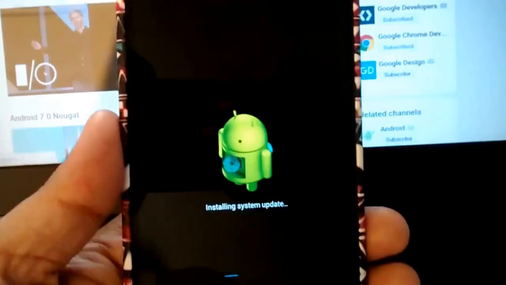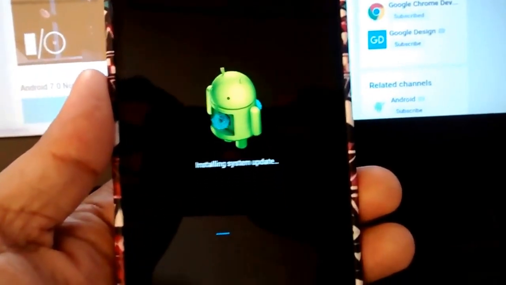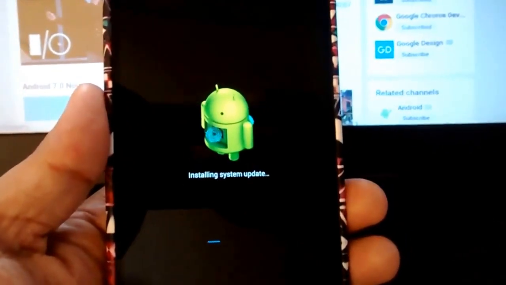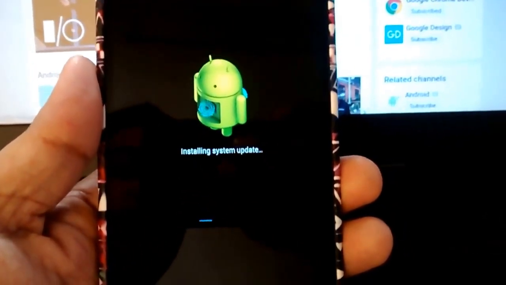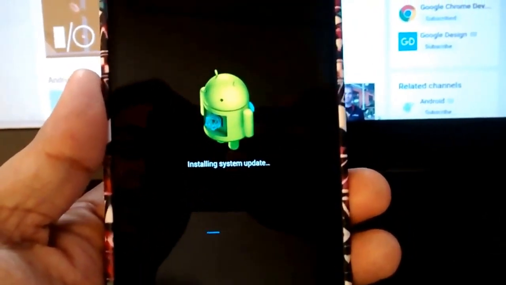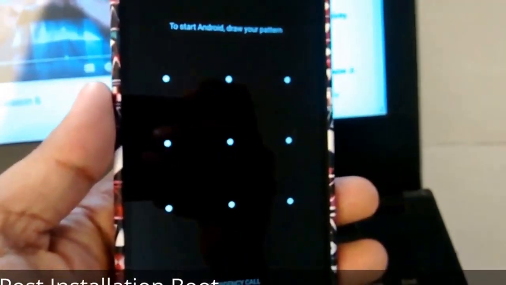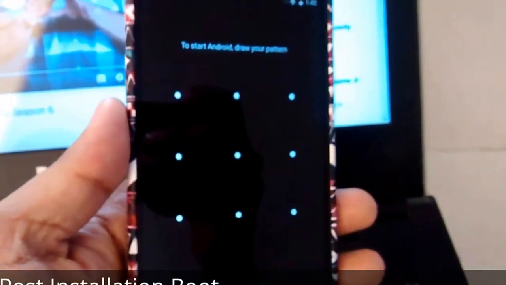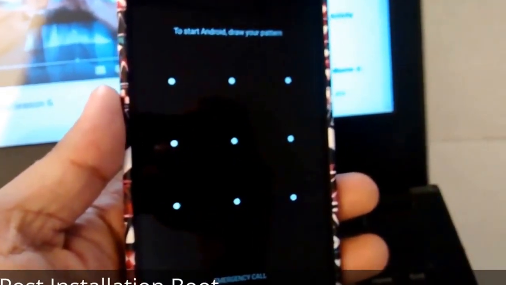Jump cut 2. The phone has started installing this software update and I think we will require another jump cut here because it's going to take a while again. Jump cut 3. So the software installation is done and we are back to the operating system, and let's enter the pattern and see what is there.